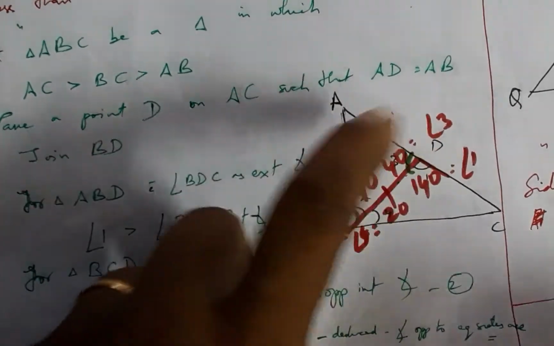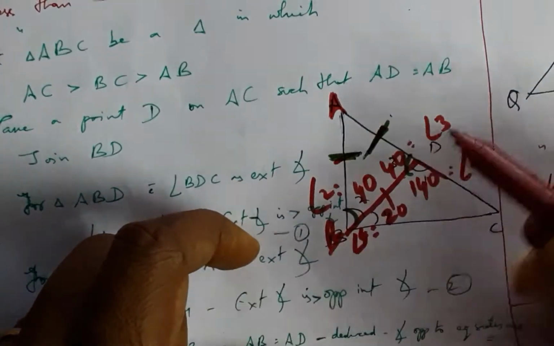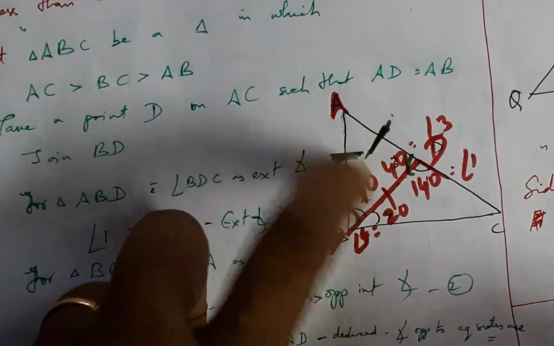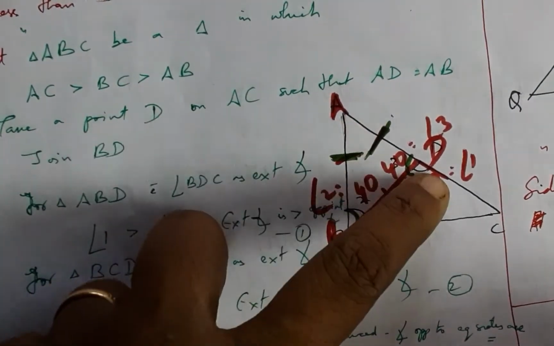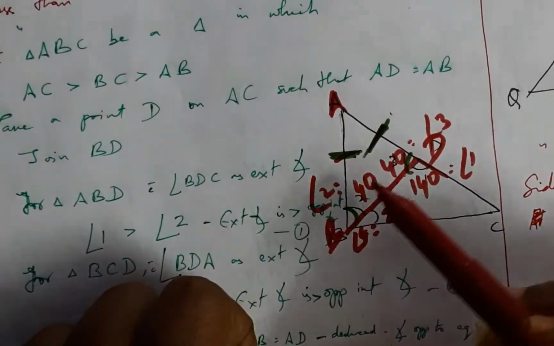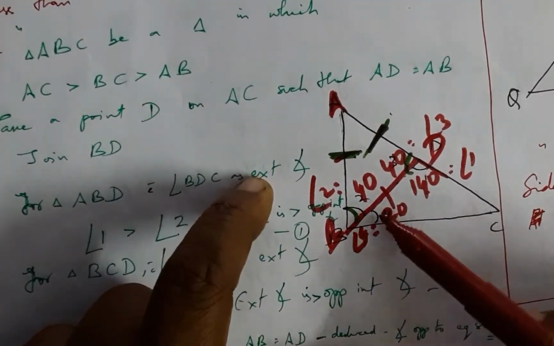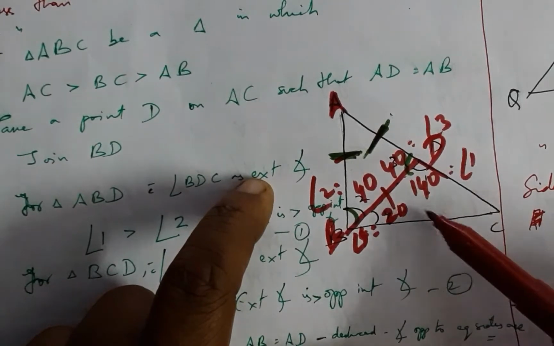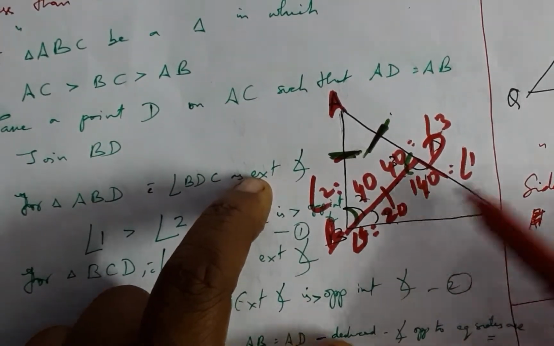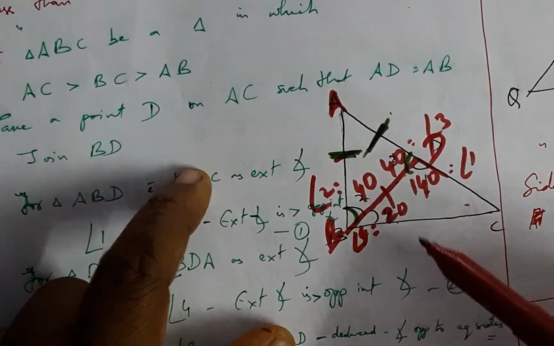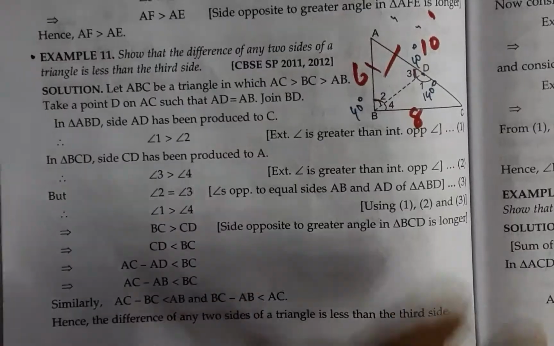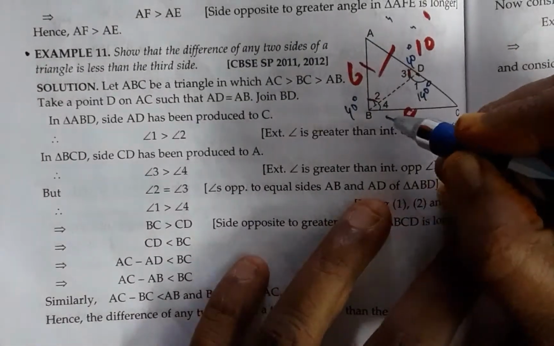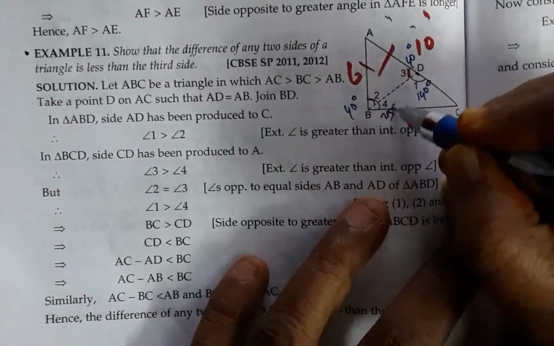this being the external angle of triangle ABD, these being 80, 100, therefore 140 is the external angle. And as you can see, if this is 140, these two angles will be less than 140, that is, the sum of these two angles will be 40. After placing some numbers here, you would be able to comprehend what I am saying here.